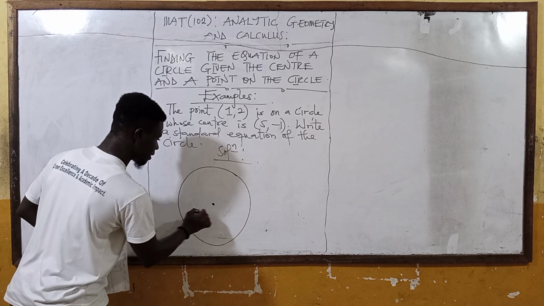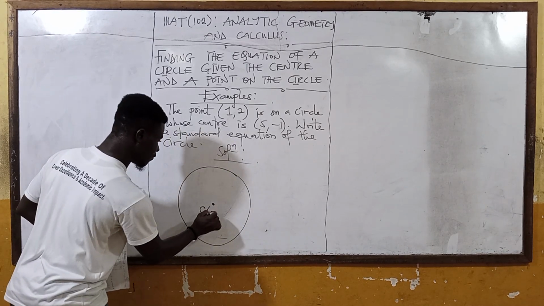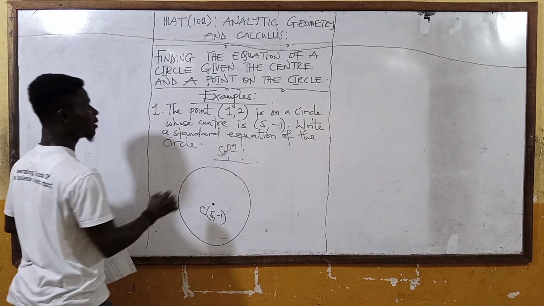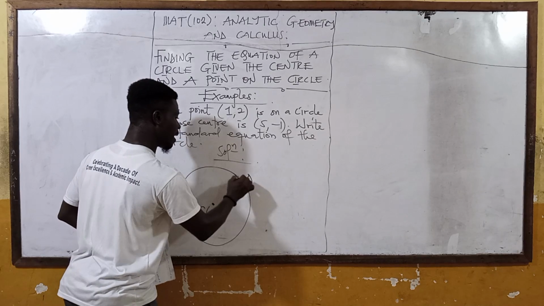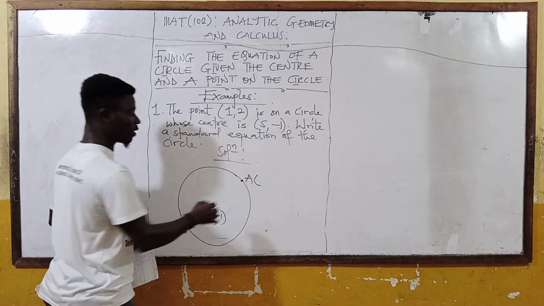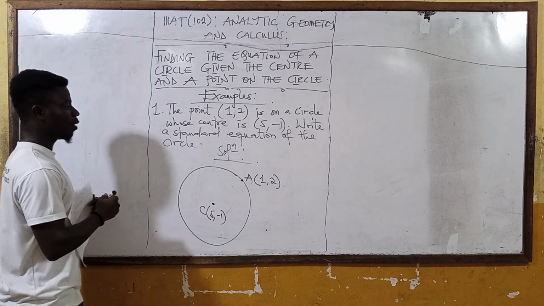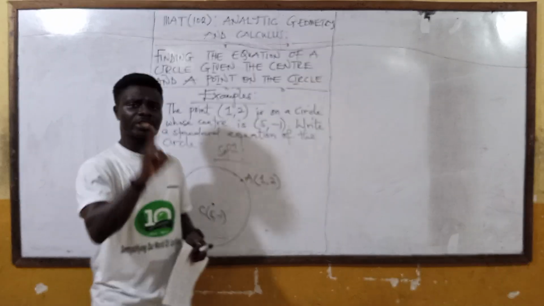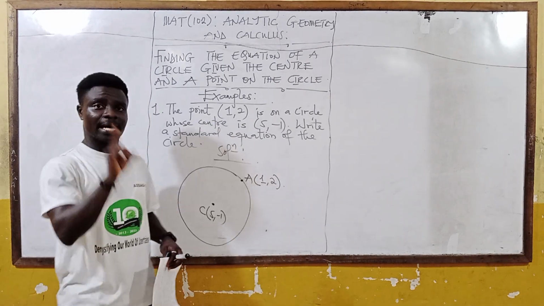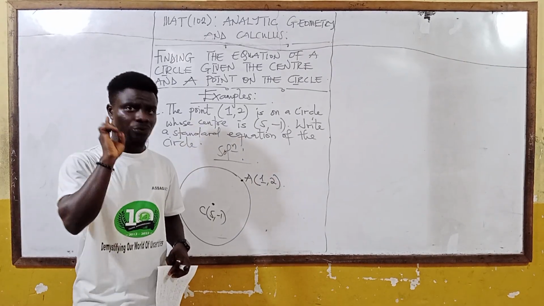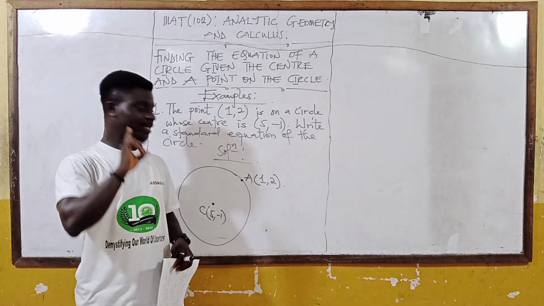So I have my center, which is known as (5, -1). Then we have a point. So let's say point A is on the circumference of the circle, which is (1, 2). So now they want the standard equation of the circle. And don't forget, this center is not at the origin. The center is (a, b). So now,